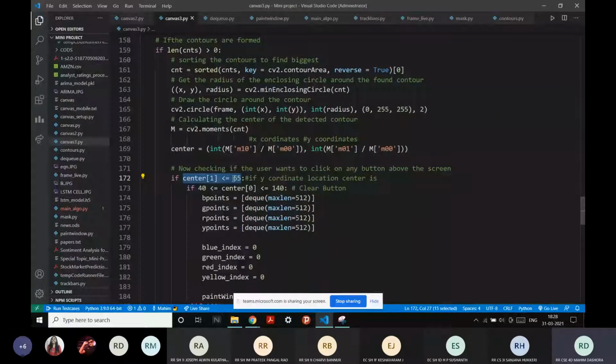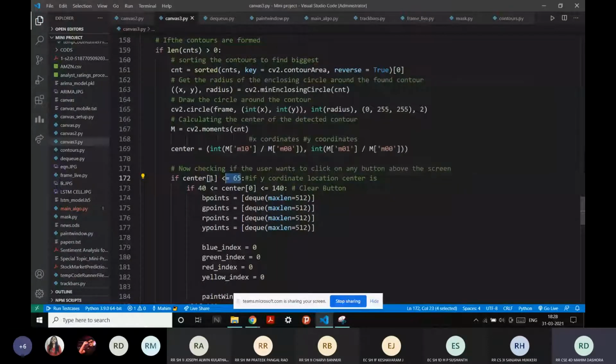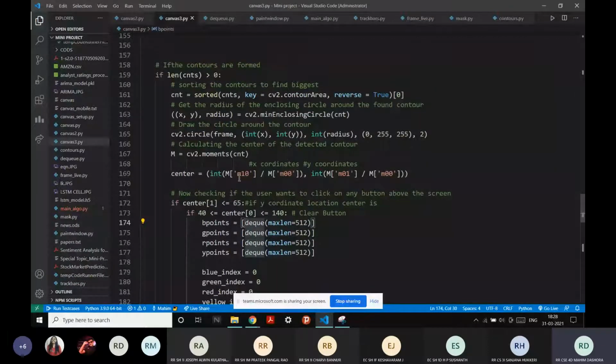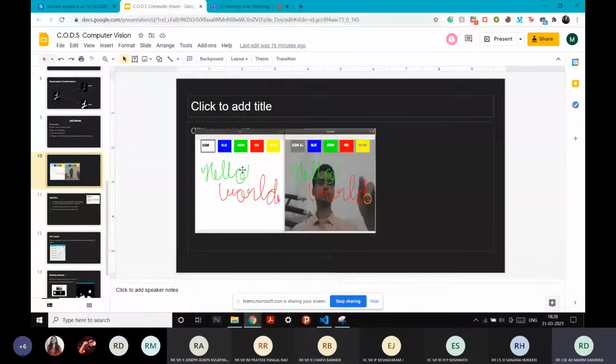I can also make it as greater than 1, but it's pretty obvious it will always be greater than 1. Now I have a question for all of you. Please pay attention, because this is the main algorithm. Why have I used less than 65? As I can see, these buttons are above the canvas. Like our common sense tells, it should be greater than that, no? So why are we using them?